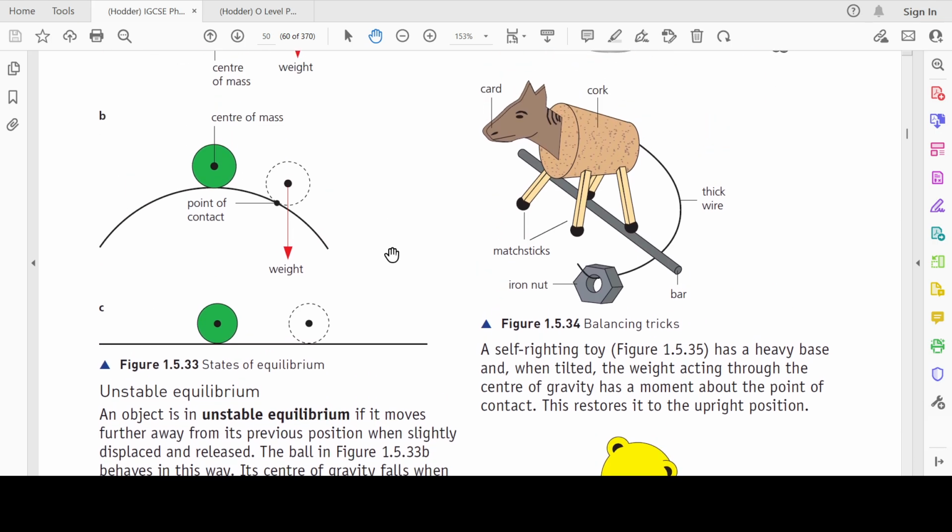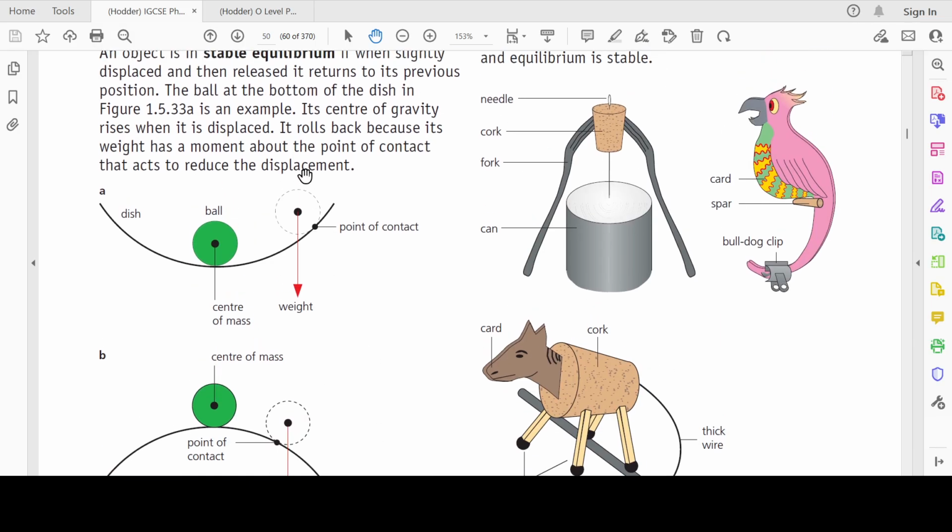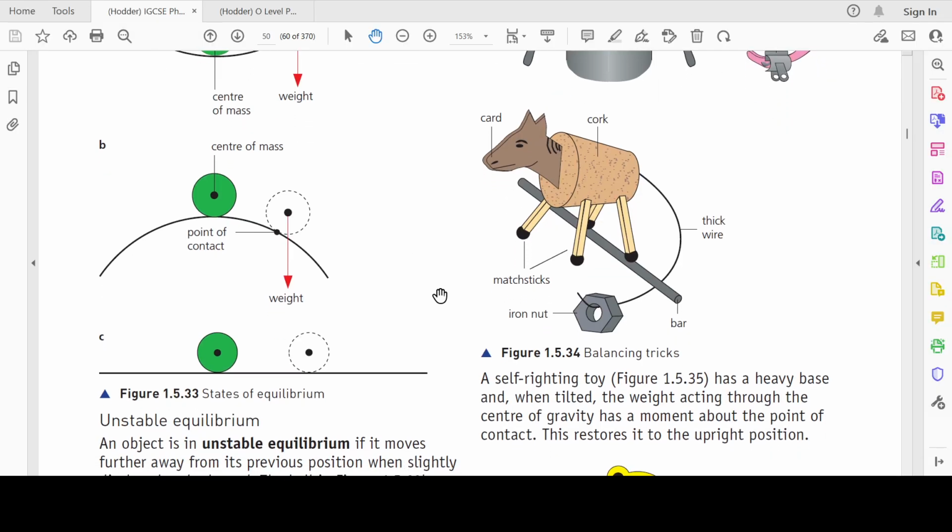What's happening in unstable equilibrium? Obviously the scenario is going to be different. You're not going to have unstable equilibrium in this scenario, right? So whether an object experiences stable equilibrium or unstable equilibrium does not only depend on its own mass or the width of its base, but on the situation itself, right? So if you've seen those people who do tricks to try to balance glasses on the tip of a straw or a fork or something, right? Basically that is a scenario where you are trying to pull off something with unstable equilibrium,